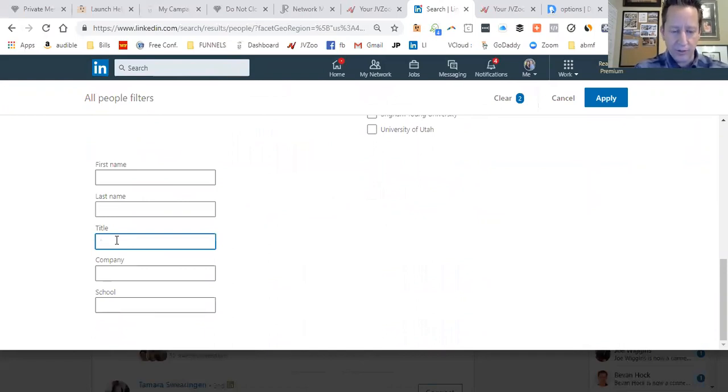But I'm going to put in what's called a Boolean search right now. And what that simply means is, I'm in the title field, and I can put in some titles, like, I want to connect with other business owners. So I want to use the title CEO, or I'm going to use the title entrepreneur. Oops, typo. Entrepreneur. Okay. Or I'm going to also try the title owner. Okay. So we'll start there.